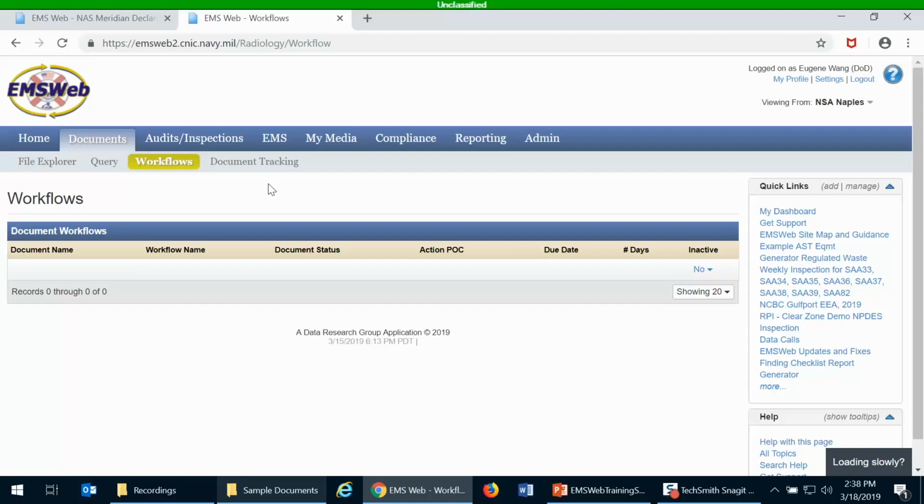And then once you create how the workflow should go, then you can tag specific documents and say this document needs to go through a workflow. And so you would do that by,